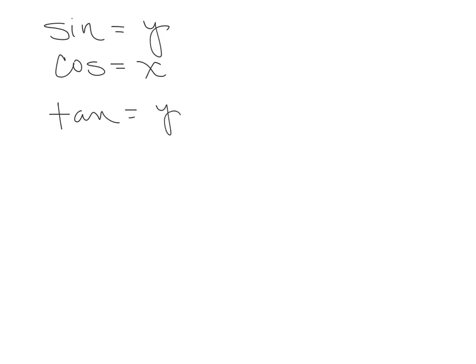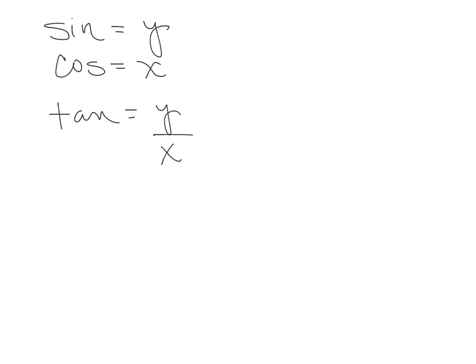Let's take a look at how to find the exact values of tangent and cotangent just to make sure that we understand it. Go ahead and pause the video if you need to and get your unit circle out so you can look at it. Remember that sine is the y value, cosine is the x value, and tangent is sine over cosine, or y